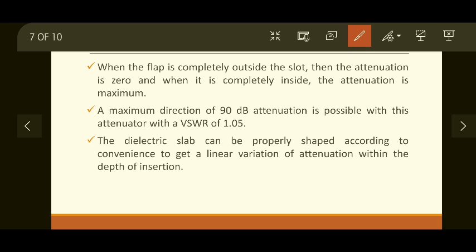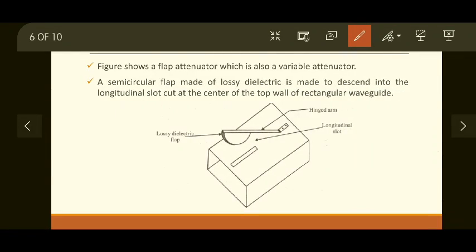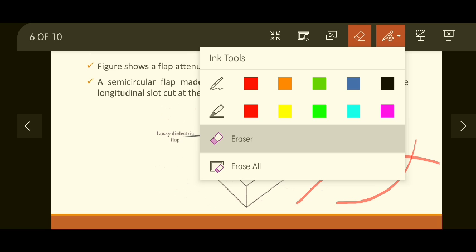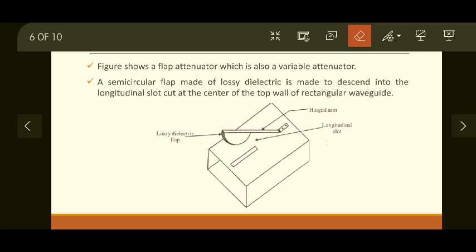The dielectric slab can be properly shaped according to convenience to get a linear variation of attenuation with the depth of insertion. In this diagram it is shown as semicircular, but readings taken for different amounts of insertion can show different curves, like exponential, like this one or this one. Then you can make this curve linear. That means the amount of insertion will show a linear curve